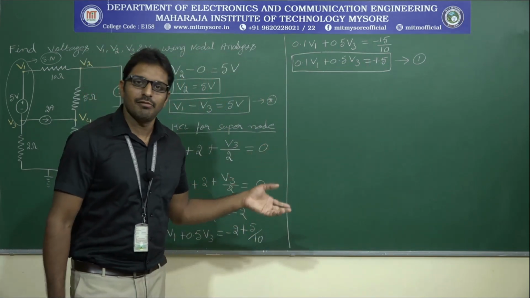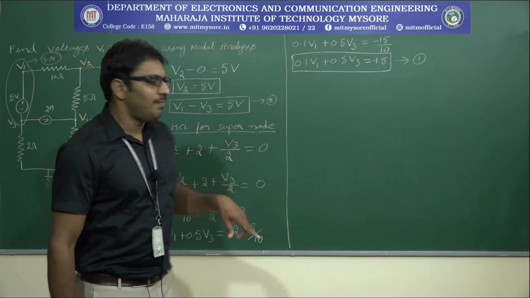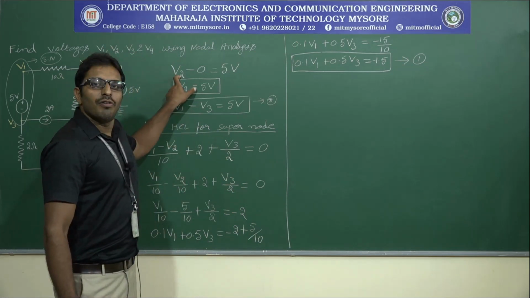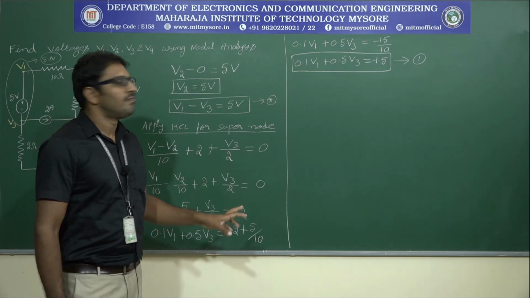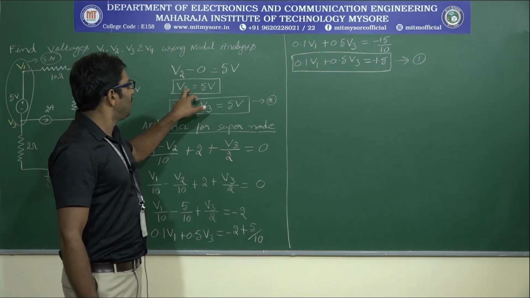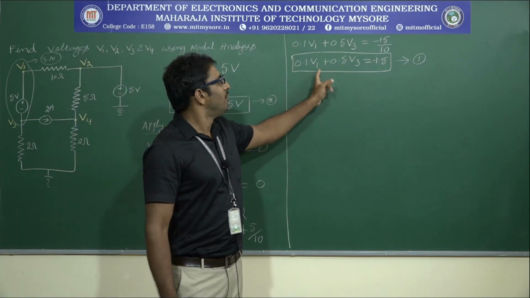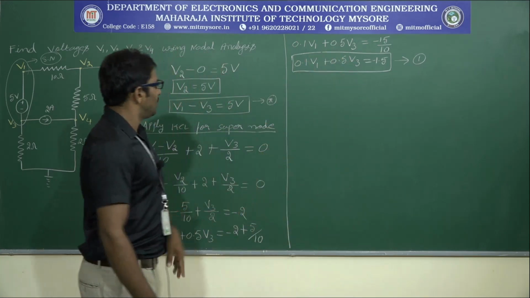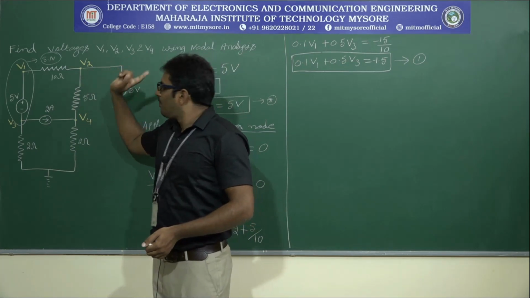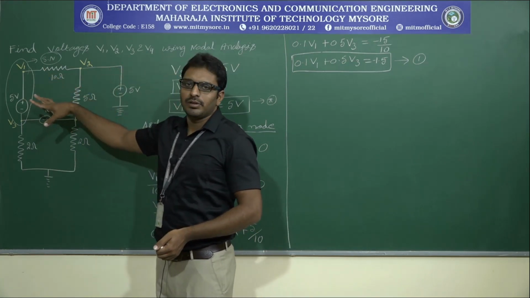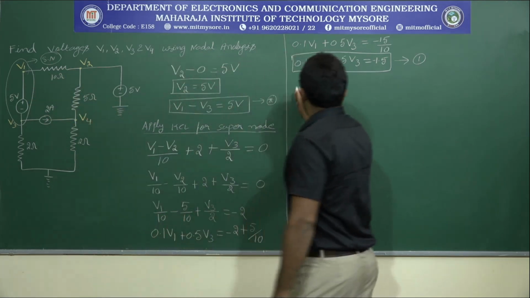How did we obtain this equation? By applying Kirchhoff's current law for the supernode. At the same time, we substituted the value of V2, because initially we had one equation with 3 variables. After substituting V2, which is equal to 5, right now we have one equation with 2 variables, V1 and V3. Now, what is the remaining node? We already calculated V2 and applied the KCL equation for this supernode, and the one and only node remaining is V4.